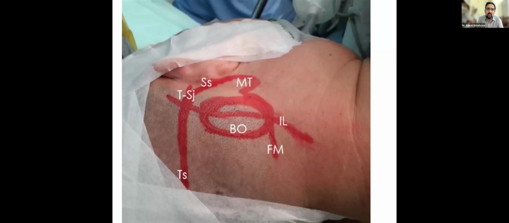A small word about the lazy S incision as we learned it. So the first thing that you do is you make a line from the continuation of the zygomatic arch, from the root of the pinna up to the inion. That's your transverse sinus. Then your mastoid tip, 4 centimeters from the mastoid tip where it meets the transverse sinus, we consider as the skin marking for the transverse sigmoid junction. And that's your